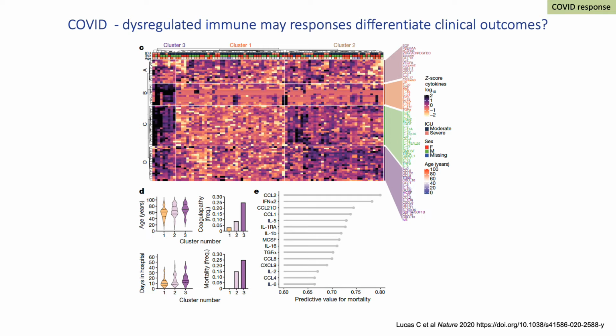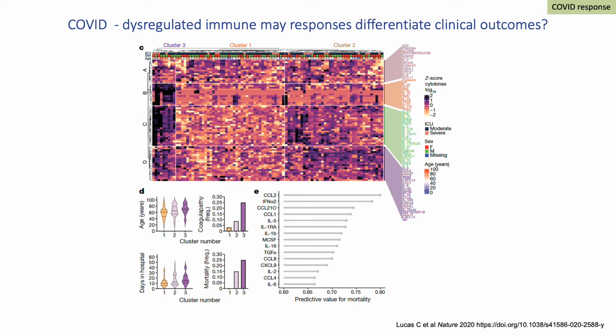I apologize for the ferocious complexity of this slide, but just stay with me for a moment. What the authors then went on to do was to divide many different cytokines that they measured in plasma into functionally related teams, a lilac team, an orange team, a green team, and a purple team, if you like. They then asked how these groups, if you like, cytokine signatures, behaved across different patients with different age, different sex, and different clinical outcome.